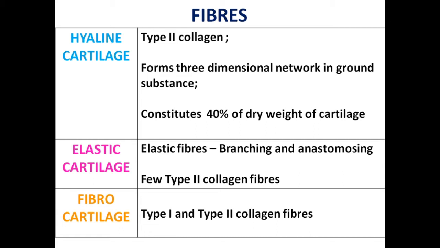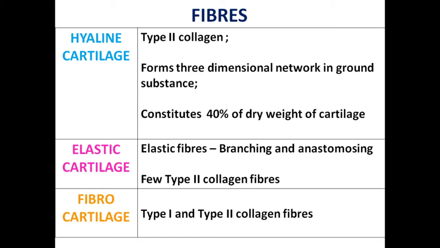Now these fibers have got the same refractive index as the ground substance. That's why in the ground substance we are not able to see the fibers individually, which can be seen very clearly in case of fibrocartilage or even in elastic cartilage. But in case of hyaline cartilage, the collagen fiber has the same refractive index as the ground substance, and hence when we stain them with H&E staining, they don't appear in the ground substance, and that's why the ground substance gives a very smooth appearance, which we call ground glass appearance. So that is about the fibers of the hyaline cartilage.